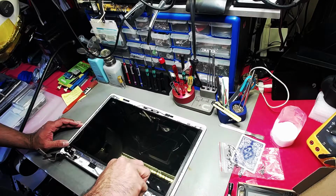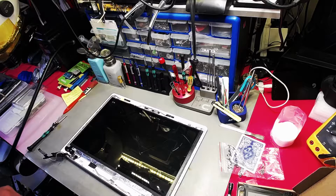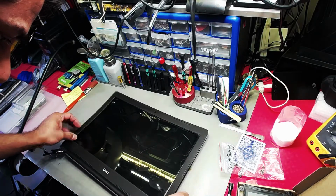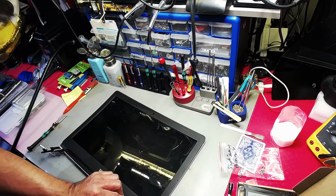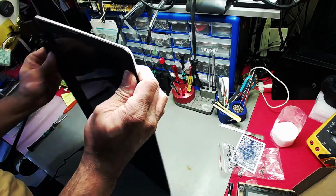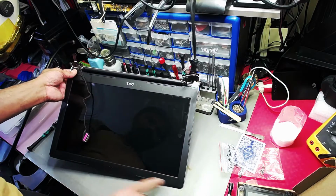These are the ones I've worked on before. Here we are, that's it really. So I've got to put the panel face bezel back on, and we're good to go. You have to take the whole thing out, so let's get this underneath. It all clips on. Back in the day, the laptops had screws, one here and multiple screws around the top,